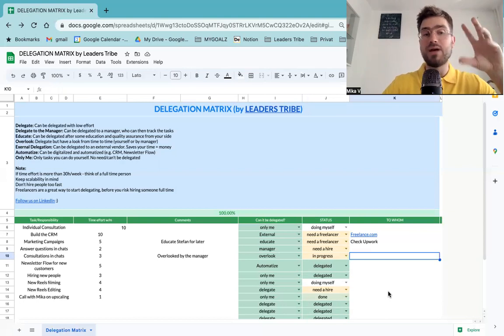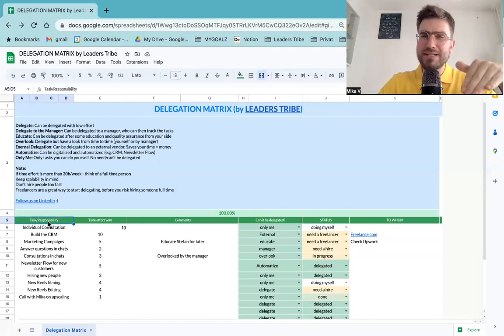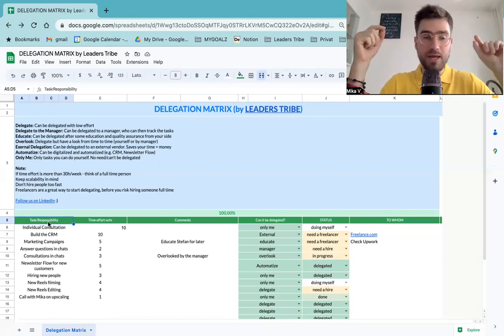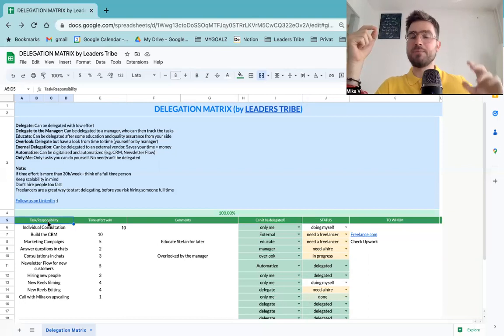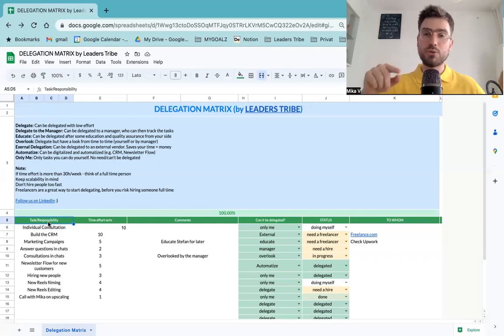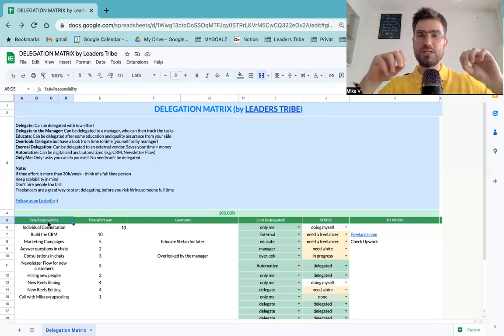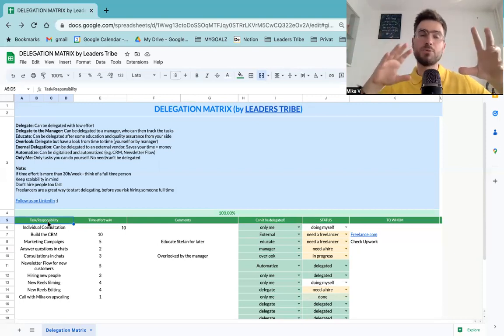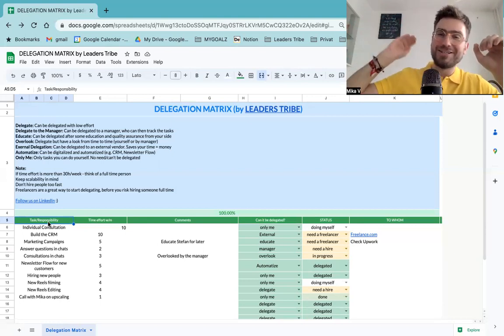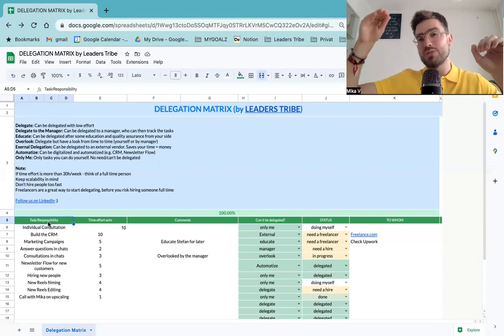What to do from now on, if everything else was clear, is to put here in the task responsibilities all the tasks that you currently have in your company. If you have middle management already, you can also do this session with your middle management and just put a list of everything that's being done. And this is how you can help yourself to take more things off you. But this is also what you can help your leaders, your middle managers with, or even people whom you have on the teams. Because people without management responsibility, they're doing things and sometimes they're doing useless things. So just do this with them as well, so that you see what they're actually doing.